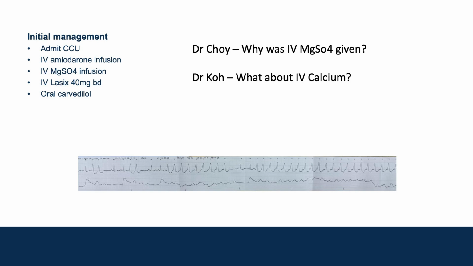My perception of magnesium sulfate is that it's like a stabilizer, a peacekeeper. Any arrhythmia, especially ventricular arrhythmia, when you give magnesium sulfate, it calms the heart down. A very good example would be polymorphic ventricular tachycardia. How it works, I'm not really sure, but I think it has a bit of an anti-calcium effect. So it will slow down whatever ventricular ectopics you see in the patient, and most of the time it will calm the heart down a lot more than before.